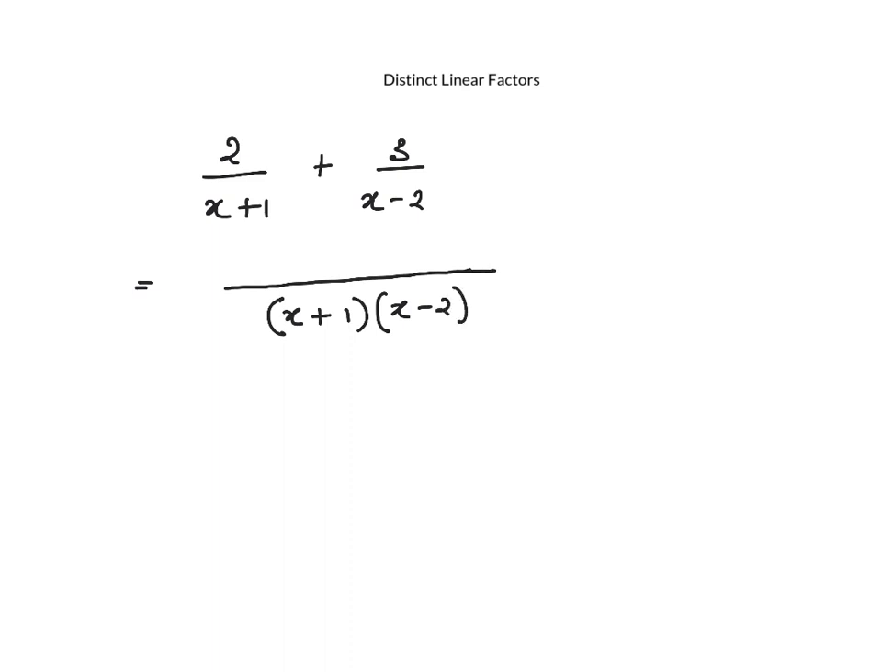And so if we multiply this denominator by x minus 2 to get the common denominator, we must multiply this by x minus 2. We multiply this denominator by x plus 1 to get the common denominator, so we must multiply the 3 by x plus 1. That gives us 2x minus 4 when we expand the brackets, plus 3x plus 3